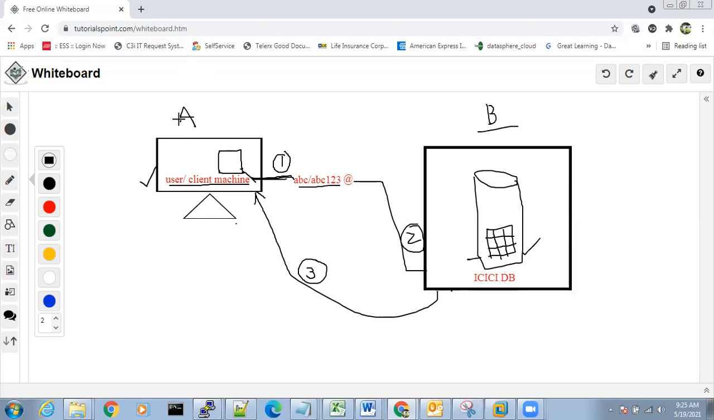Database is in a separate, different location. The database is in the US, and the user is in India, right? I'm calling a person who is in the US, and that guy responds to me only when that person is able to listen to me. In the same way, the user from machine A is trying to connect to the database in machine B, which means the user is requesting